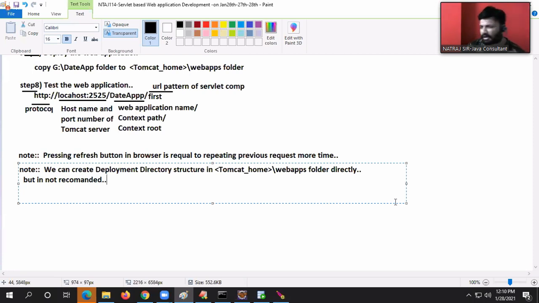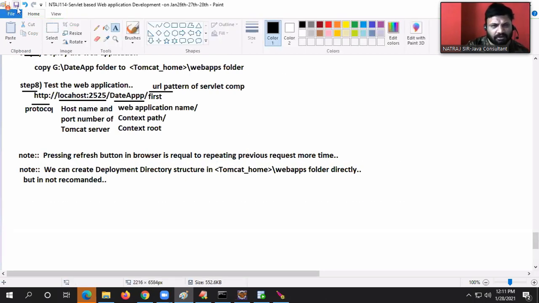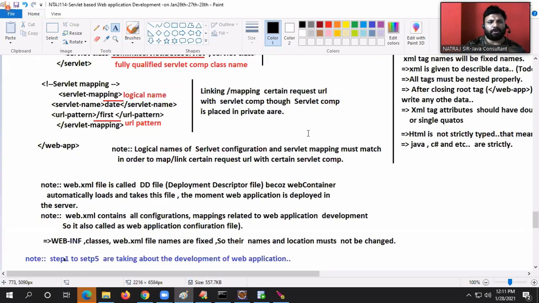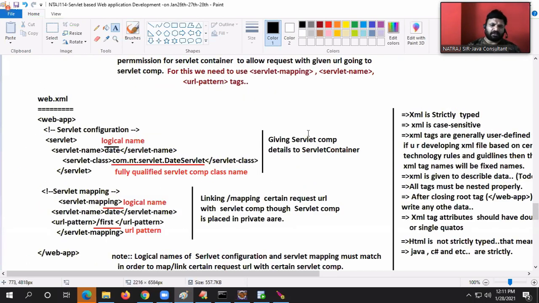Okay, but not recommended. Sir, why is it not recommended? Our application development is in the middle. I started up the server. Since application development is in the middle, it may get error. Or someone wants to use the server, that's why he started. My application development is in the middle. Definitely error will come or not. Definitely error will come. What do you say, guys? Right. I hope you will follow these steps, guys. Easy or difficult?